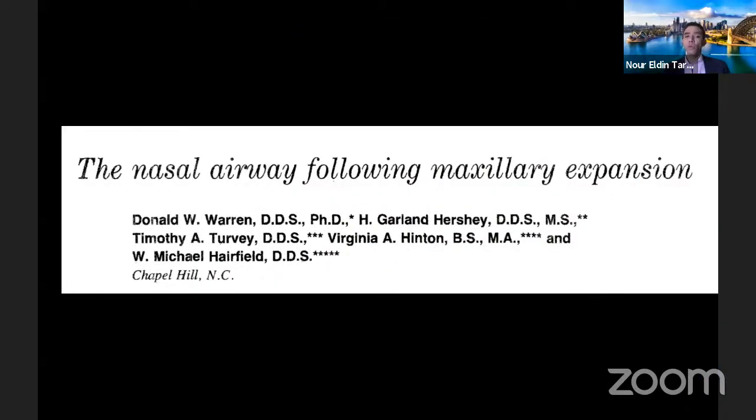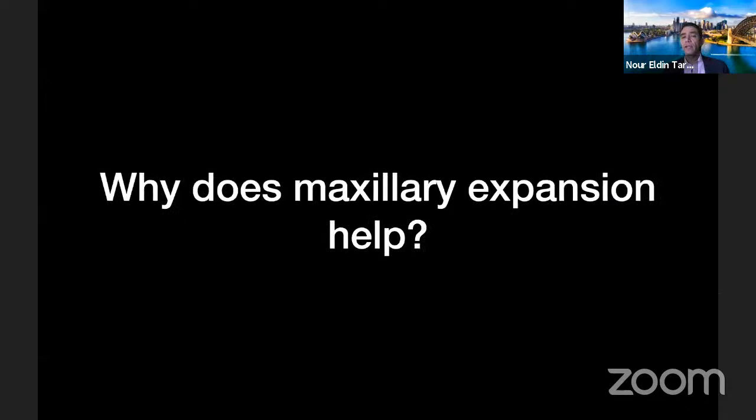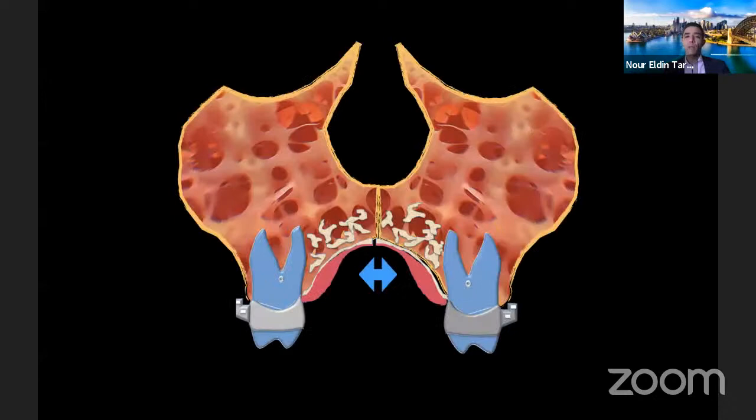So it's very important that we don't act alone when it comes to upper airway obstruction. But we do know that the nasal airway does change with maxillary expansion. So this is a good thing. Now, why does that happen? I think there were two particular reasons why maxillary expansion can help. One is obviously when we expand the palate,